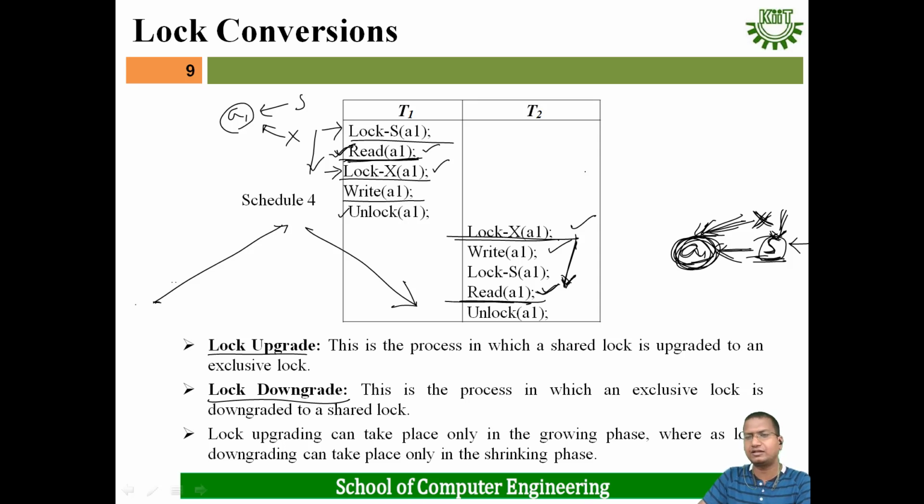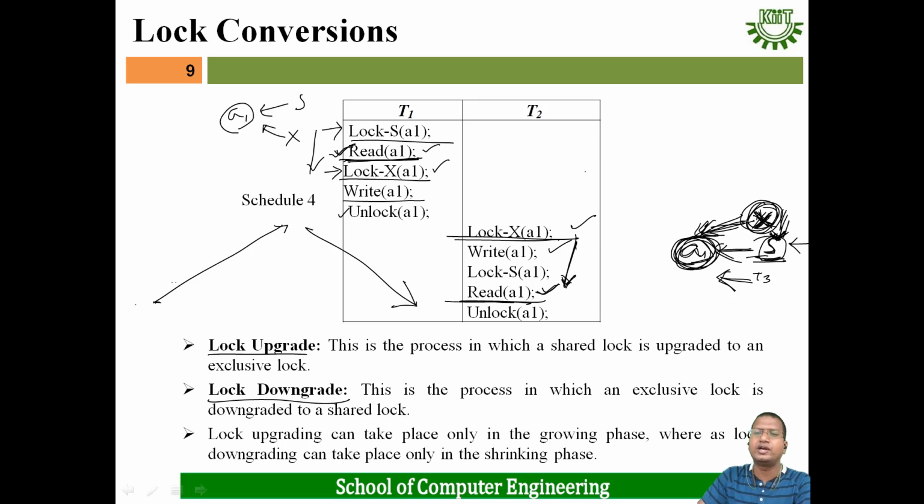That means we will convert the lock to a shared lock so that other transactions can use that data item. But an exclusive lock we keep throughout the transaction. If we don't require the exclusive lock throughout the transaction, but we apply it throughout anyway, then even if another transaction T3 wants to read that data item, it cannot read it.